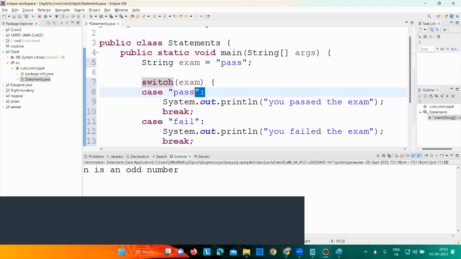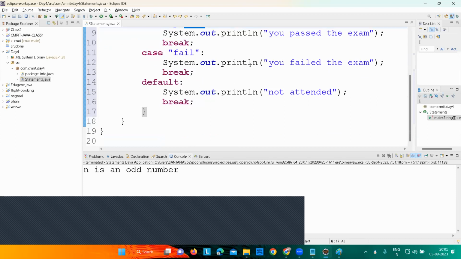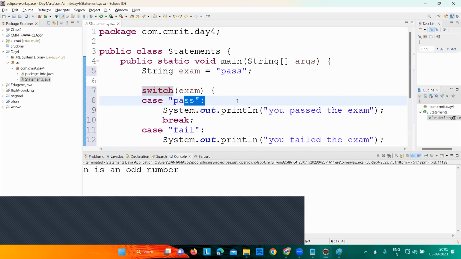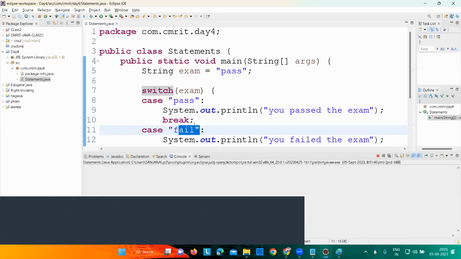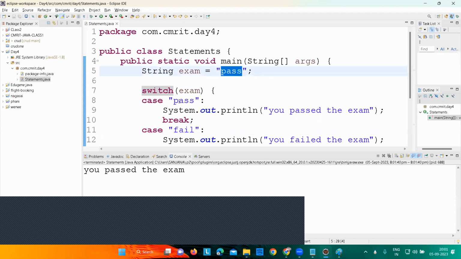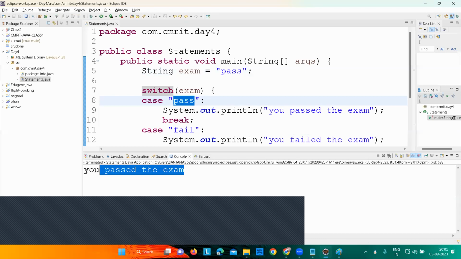If any one of these two cases matches for our exam, we will print it. Nothing else. If we haven't given these two cases, it will move towards the default case. Just save and print. What I have given here is pass, and our case is pass, and it says you passed the exam. Okay, if I convert this one to fail